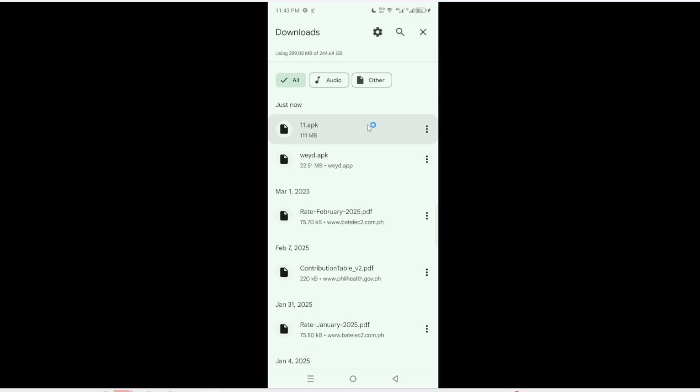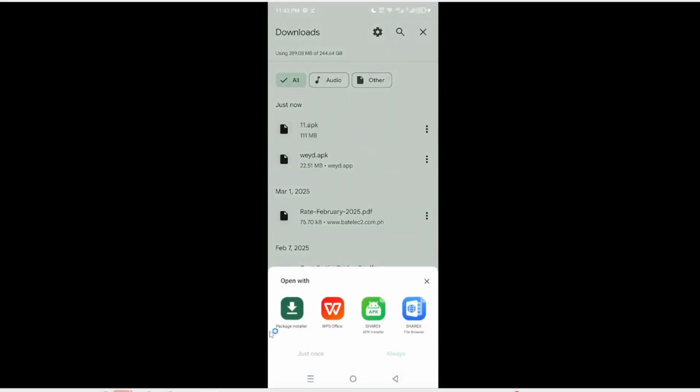To do this, click on the downloaded APK file. You can usually find this in your notifications or in the Downloads folder of your device. This is a straightforward process, but you may need to allow installations from unknown sources if prompted. This step is important for ensuring that you can install apps that are not from the Google Play Store, which allows for more flexibility in what you can run on your device.